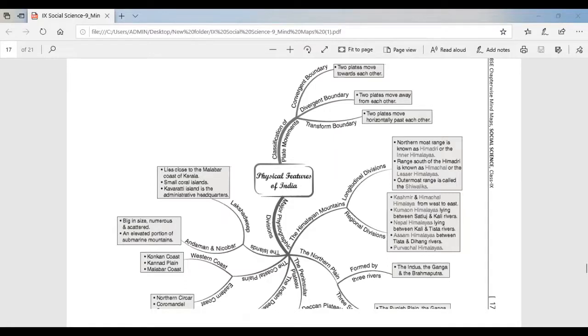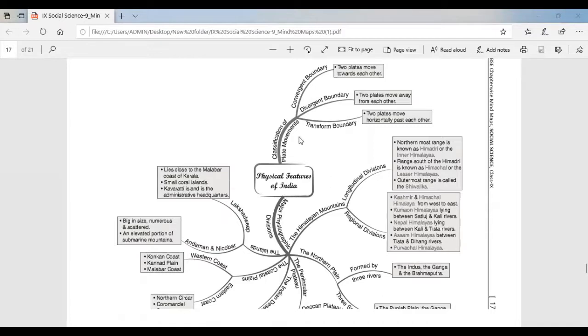India has all major physical features of the earth. That is, we have the mountains, plains, deserts, plateaus, and islands. The land of India displays great physical variation. Geologically, the peninsular plateau constitutes one of the ancient land masses on the Earth's surface. The Himalayas and the northern plains are the most recent landforms.